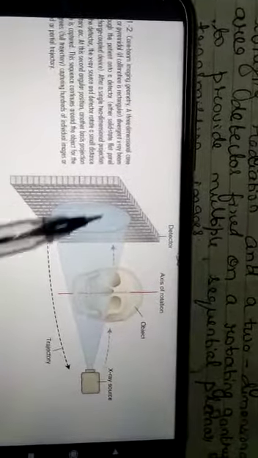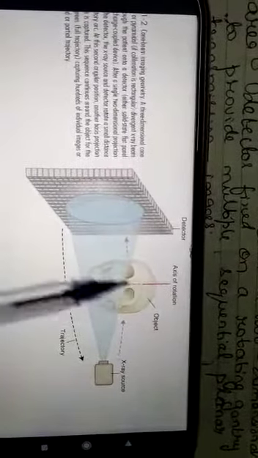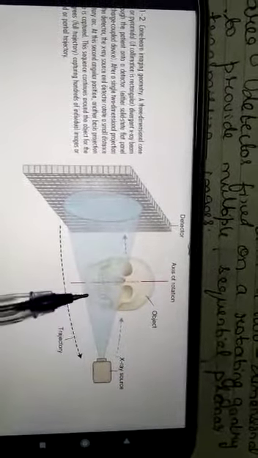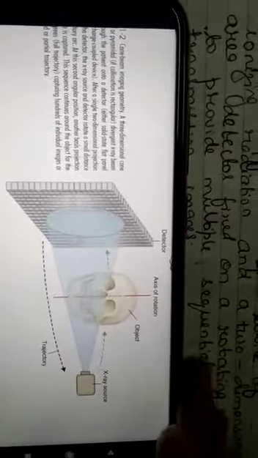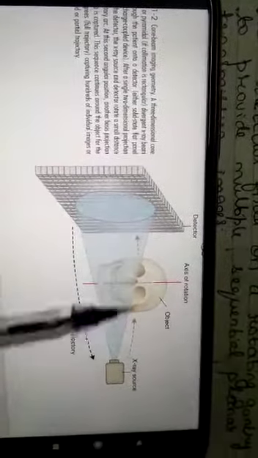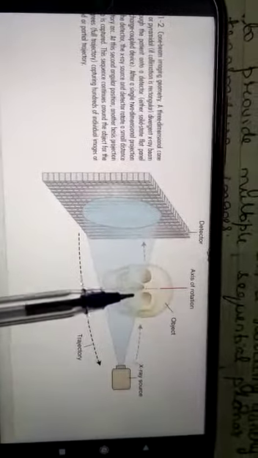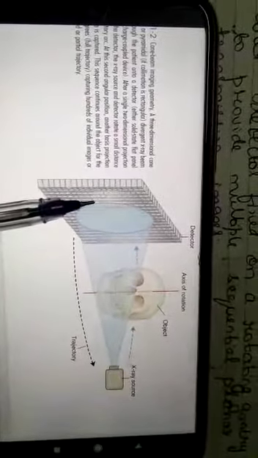So this is the X-ray source, and this is the two-dimensional detector, and it is fixed on a rotating gantry. It will rotate around the axis of rotation in a trajectory arc of 180 to 360 degrees. It will rotate around the patient and take sequential transmission images. This is the pyramidal beam, which will focus on the region of interest, and this is the gantry in which the two-dimensional detector is fixed, and they both will rotate.